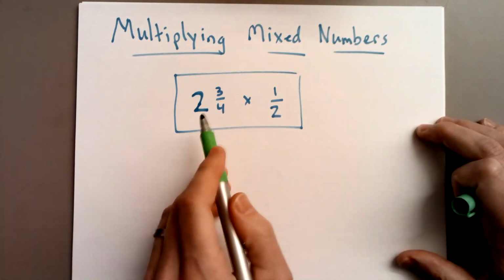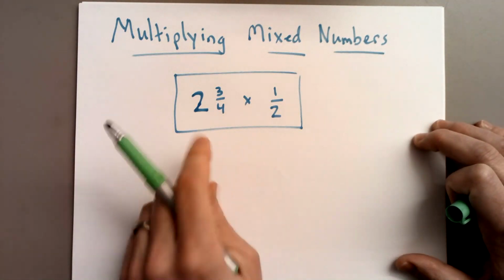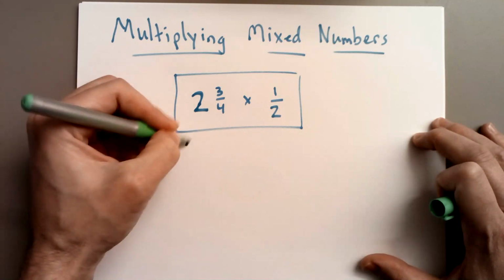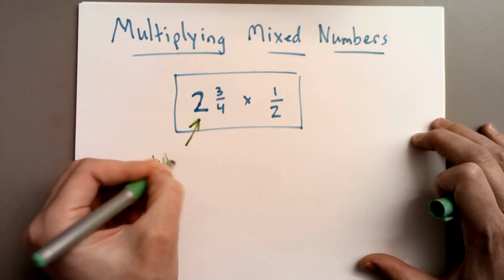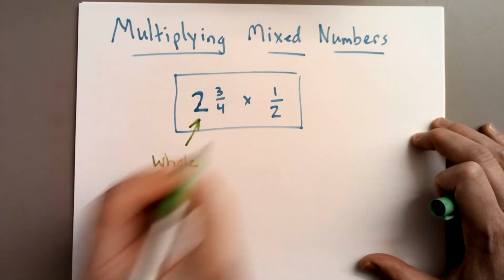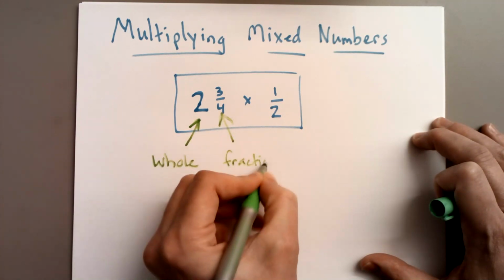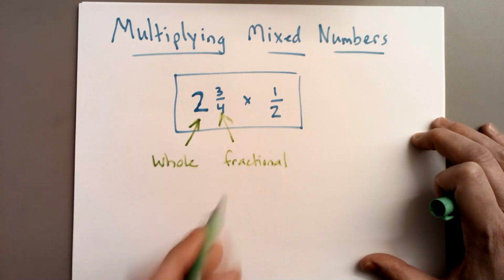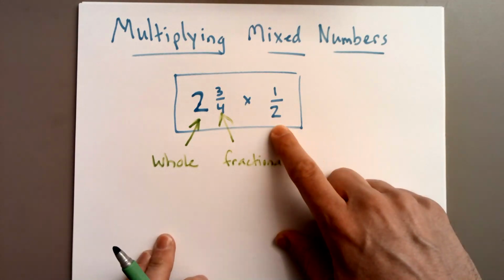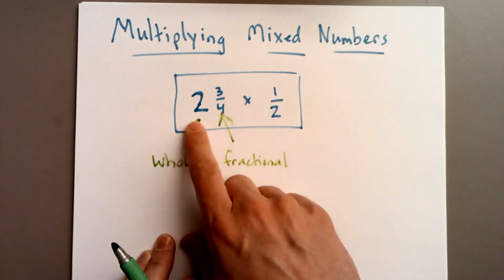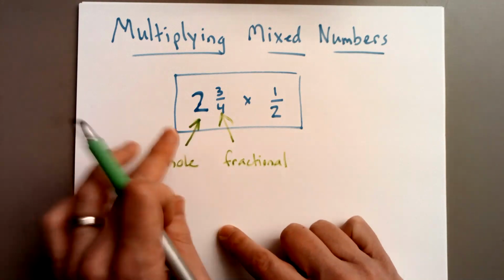And a mixed number, to review, is a number that has two parts. It has a whole number part, in this case, the two wholes, and it has a fractional part. In this case, the fraction is 3/4. This is just a fraction. 1/2 is a fraction, but 2 3/4 is a mixed number because it's a mix of a whole number and